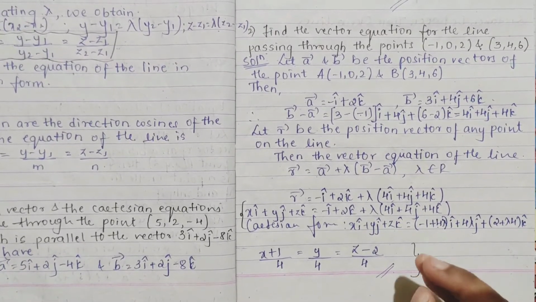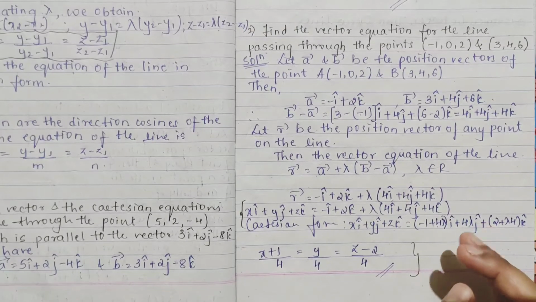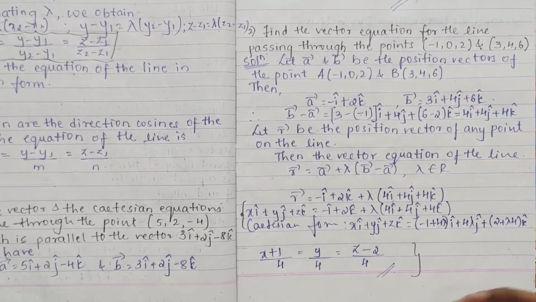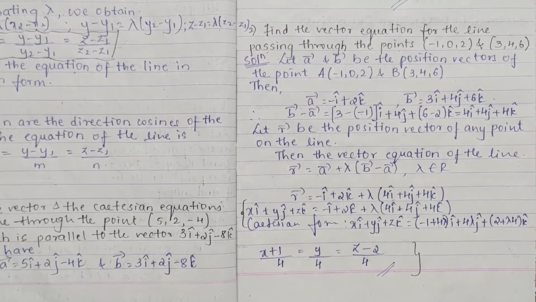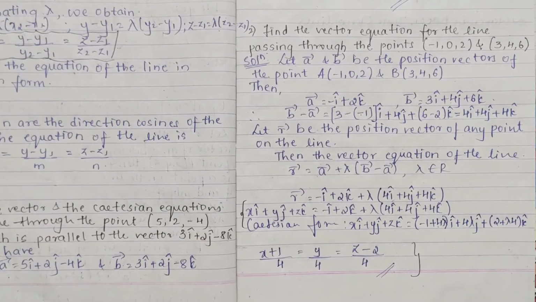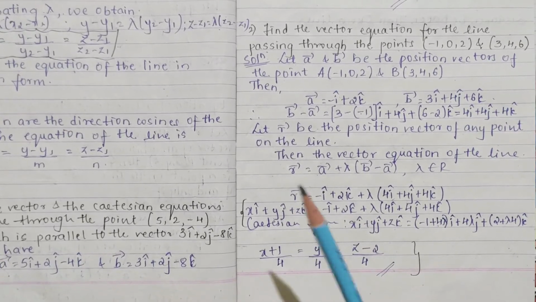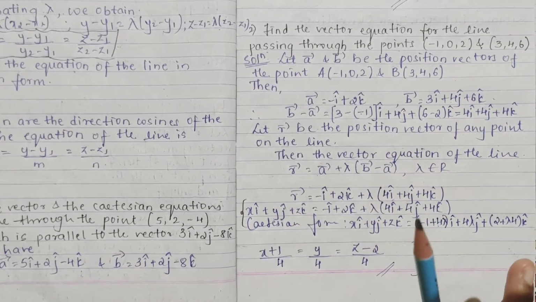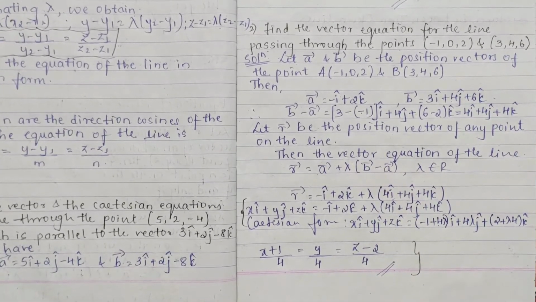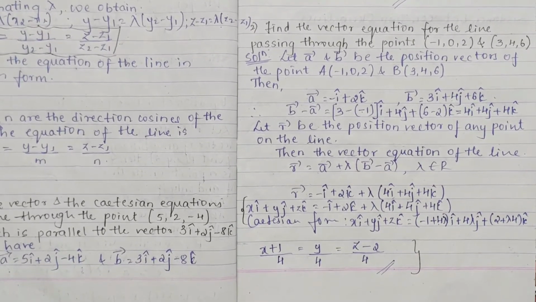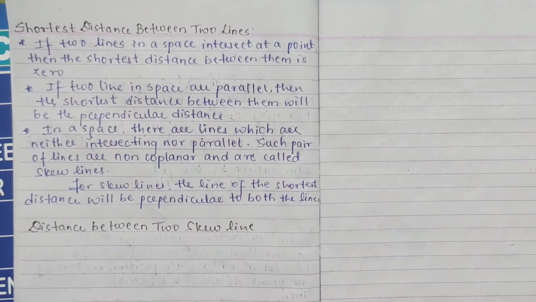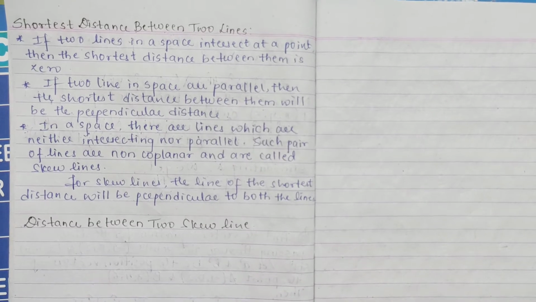As I've said, a few topics have been reduced, silly topics only, not much difference, but I have even sent you what all has been reduced. The angle between two lines, that part is removed, so we are not dealing with it. We'll deal with the shortest distance. So we'll now study the shortest distance between two lines.